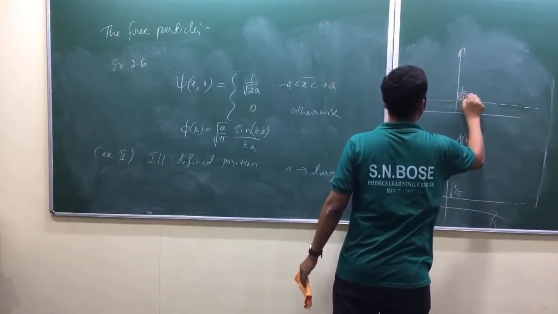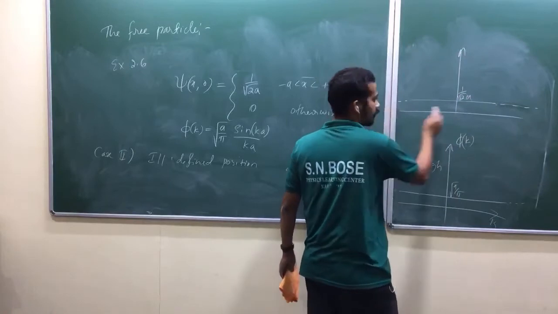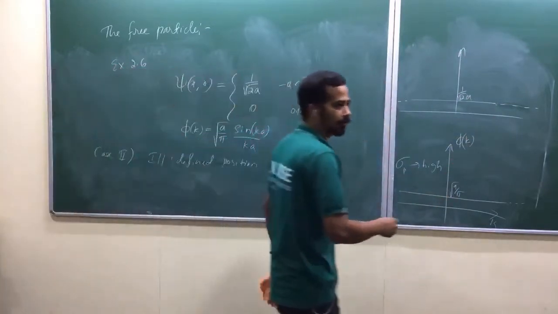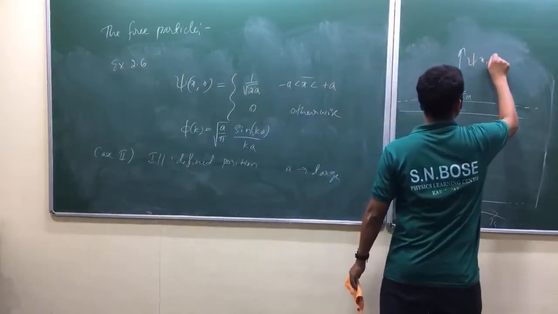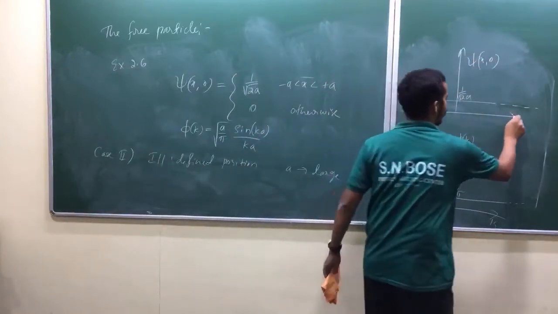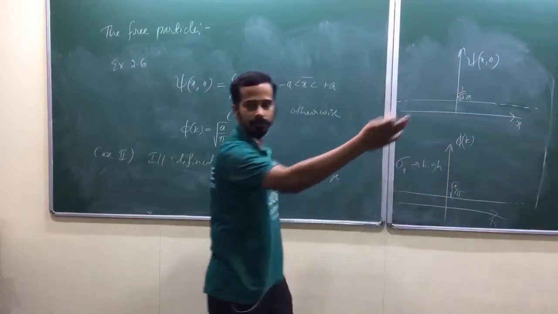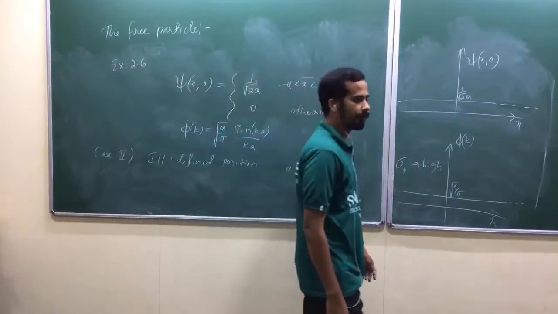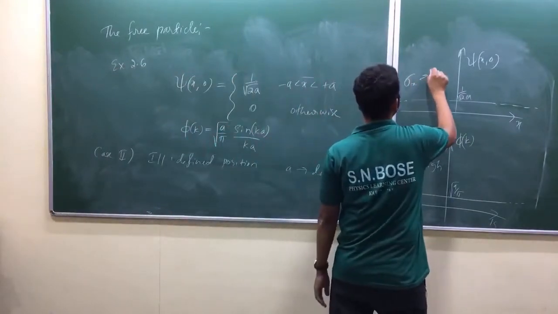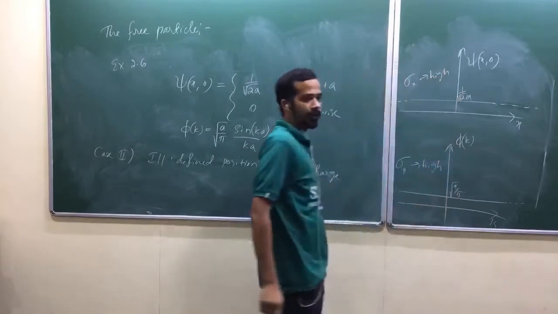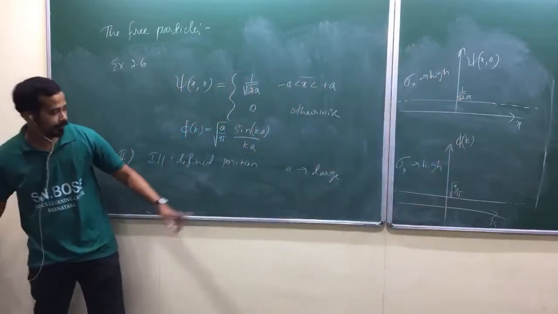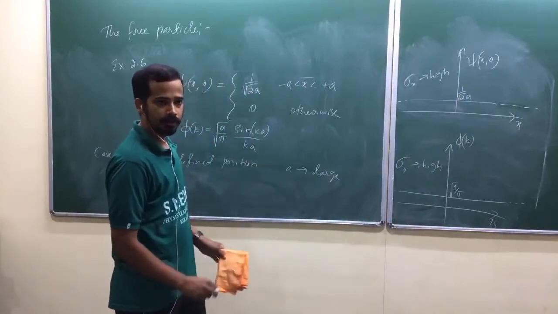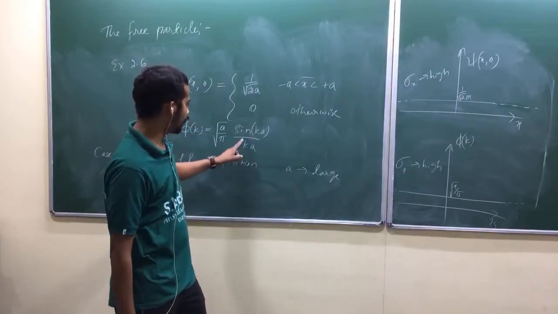1 by root 2a. Somewhere here I have minus a to plus a. A is very large. Now what is this one? This is ill-defined position. Am I right? So suppose I have this kind of state, if I ask what is the position, you get a range of possible positions, isn't it? Your sigma x is high here. Is that okay? Now look at here. If A is large, then Ka is also large, isn't it? If Ka is large, can you plot this one?